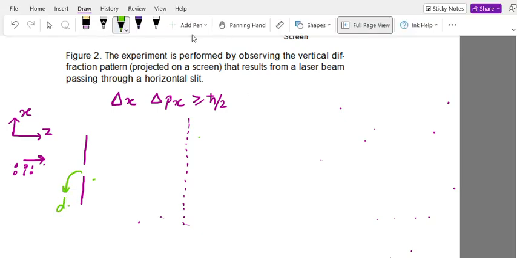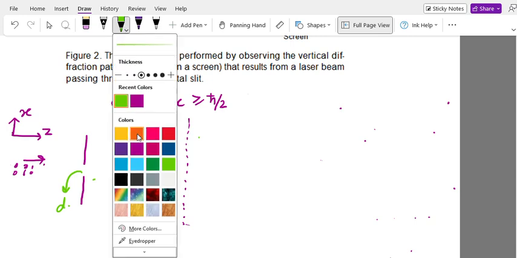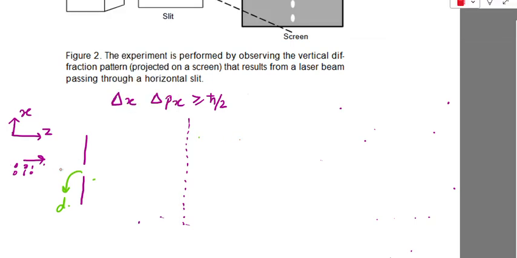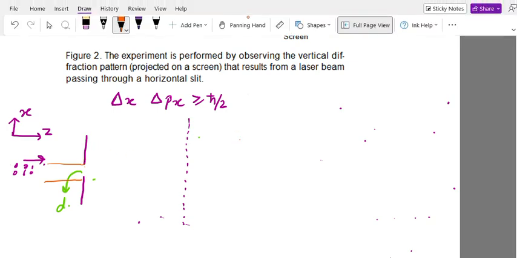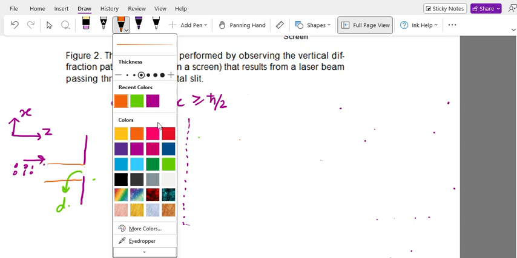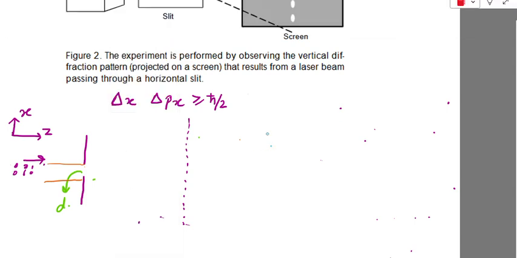And now imagine you have a photon coming in, and the whole beam is coming in over here. But let's pick an arbitrary photon. That arbitrary photon can be anywhere between the slit. So the position of the photon will be localized between these two limits,